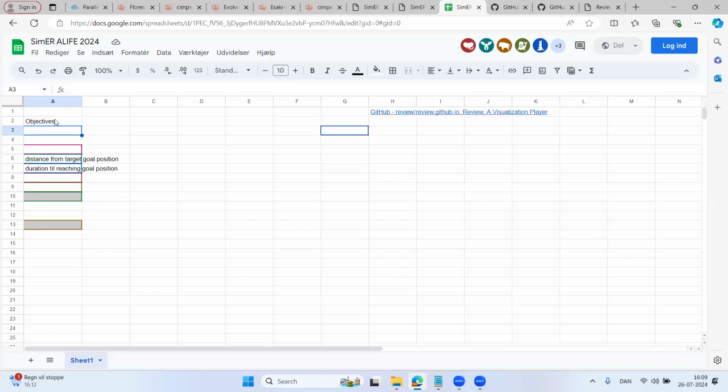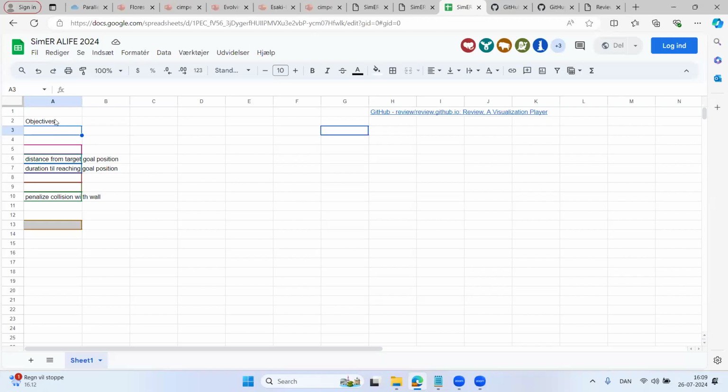Duration till reaching the goal position, exactly. One thing you might have happen if you just had that first distance to the goal position as your only objective is something that creeps along pretty slowly and then gets there. But we're not encouraging it to do it quickly. I even put on my slide that what we're trying to do is quickly get to the goal position. If you don't encourage it, it's not going to happen. So we definitely want time as part of the objective function.